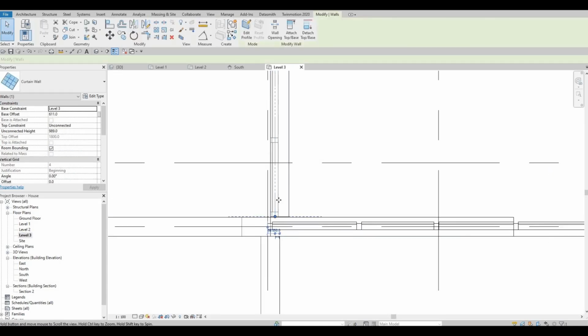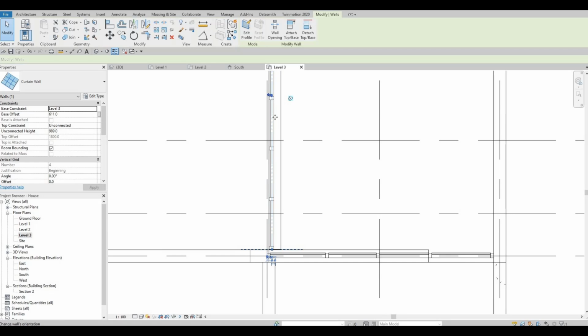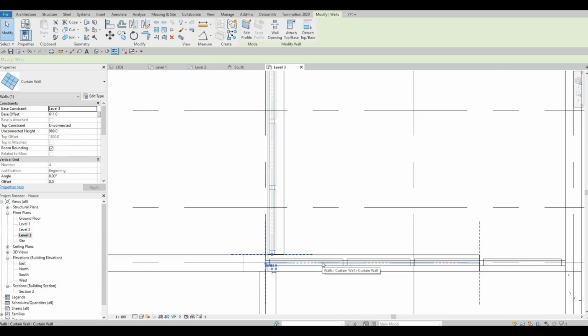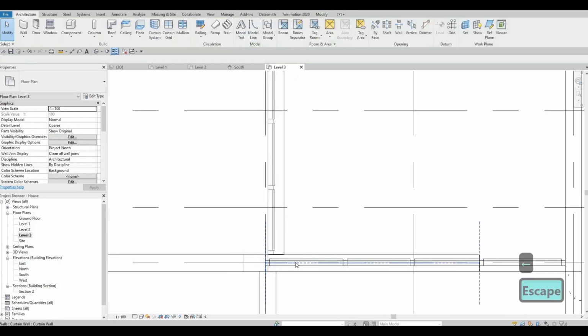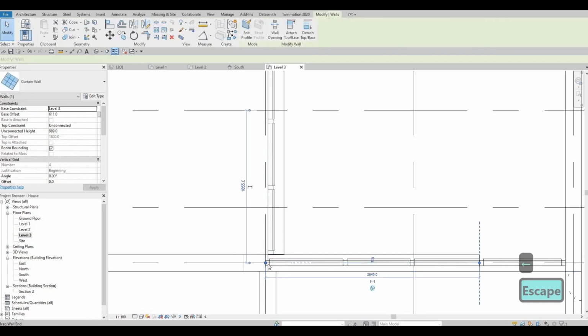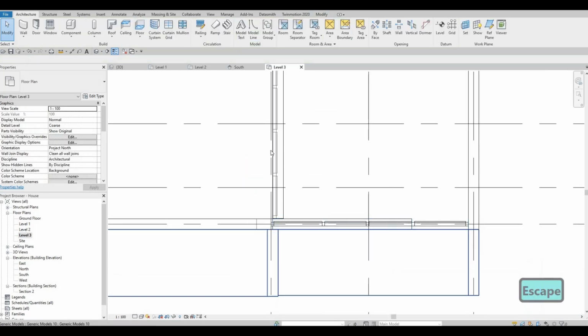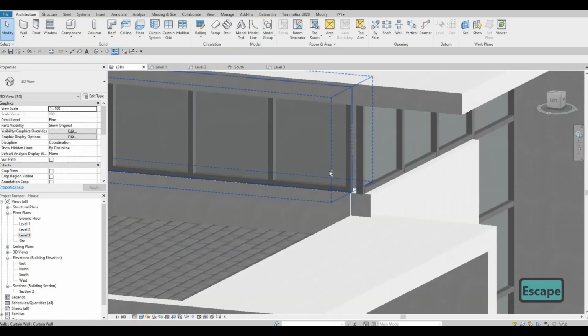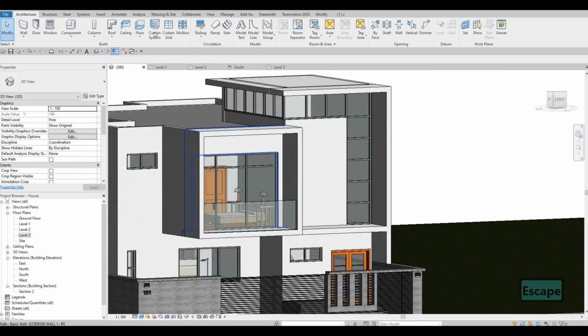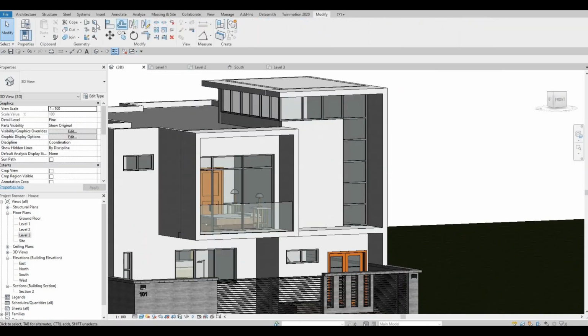Actually, I'm gonna flip this one back and just push it to the edge right there. I think that's good enough. I like the design. Now I'm happy to add